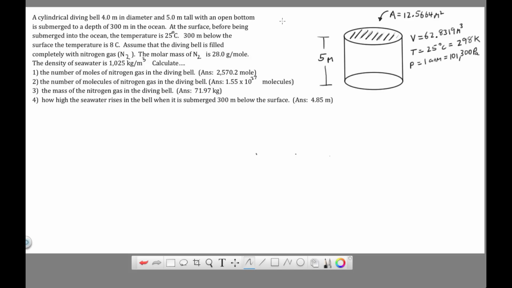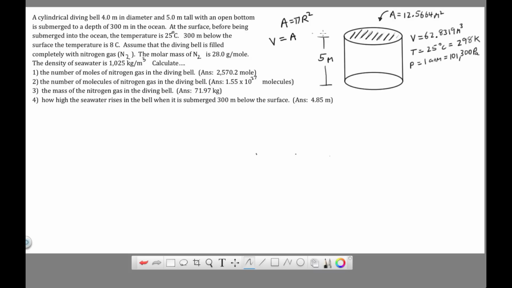So of course the equation for area is pi r squared. So plugging in a radius of 2, 2 squared times pi gives an area of 12.5664 meters squared. And the volume of a cylinder, I already have that calculated here, is you take the area,